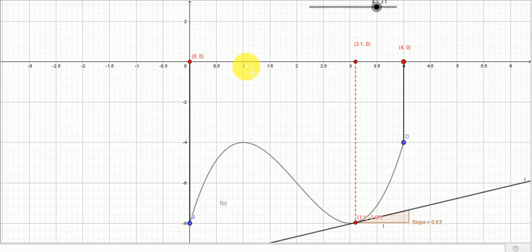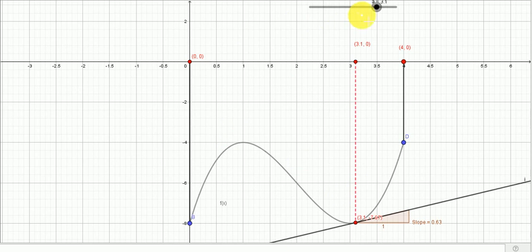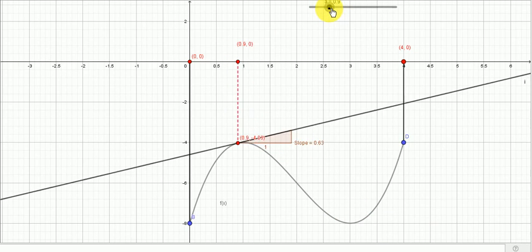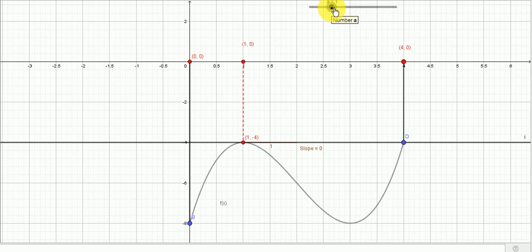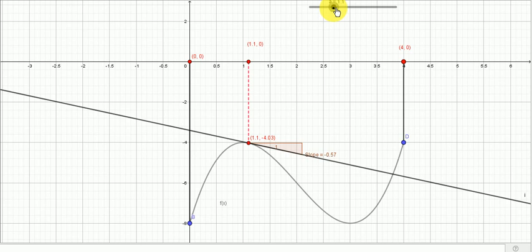and then we saw the sign of the derivative for x greater than 1. So in the same way, if the derivative changes sign from positive to negative as x increases through c, then x equal to c is the point of maximum. Like here you saw that at x equal to 1 the derivative was 0, when x was a little less than 1 the derivative was positive, and when you took x a little more than 1, the derivative was negative. So here the derivative is changing from positive to negative. That means x equal to 1 is a point of maximum.